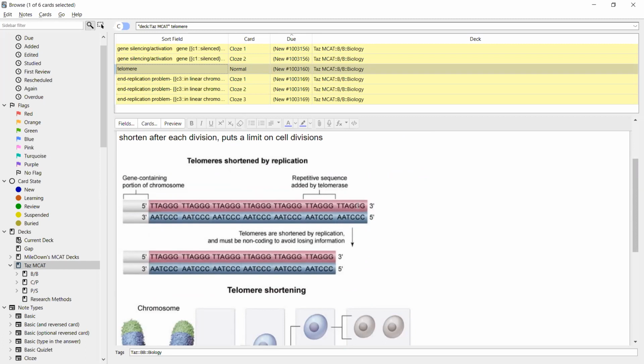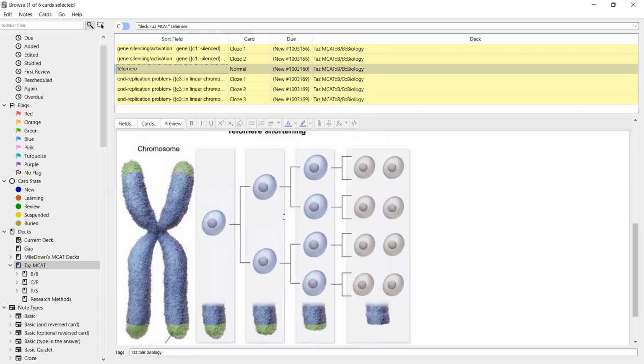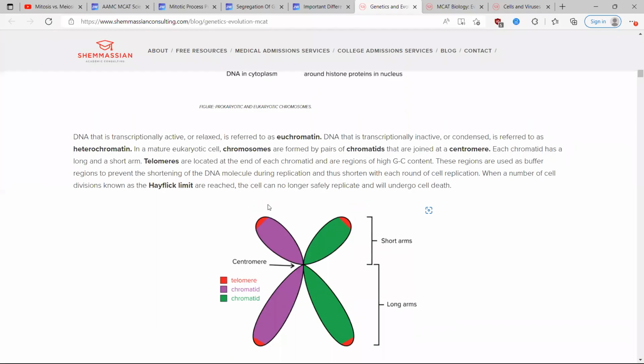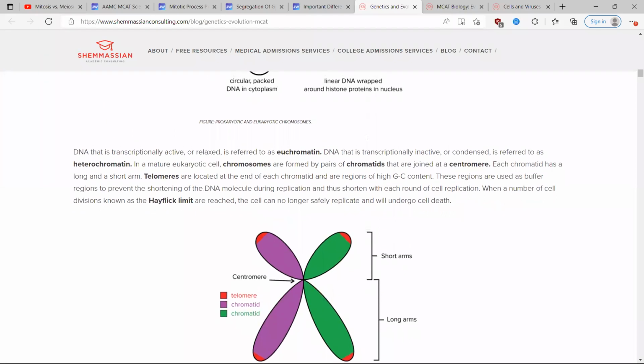Yeah, you see these GGC, these are the telomere parts that are just repetitive, and they're non-coding. They don't code for anything, so if we lose them, it's okay. So back to our chromosome. Yeah, so chromosomes,